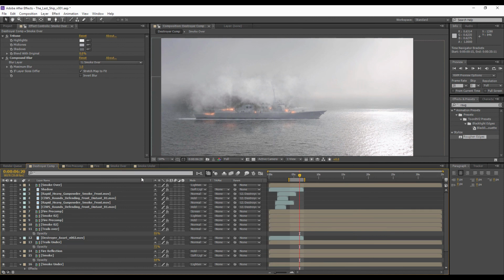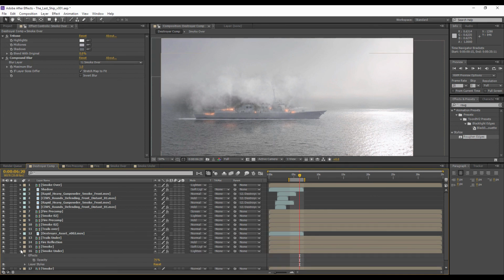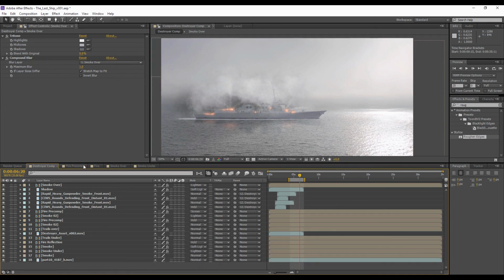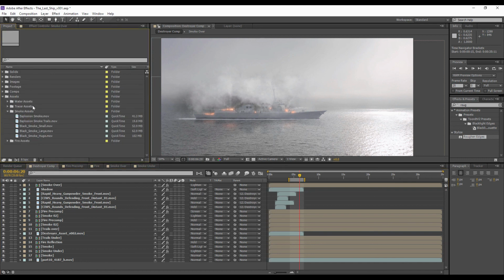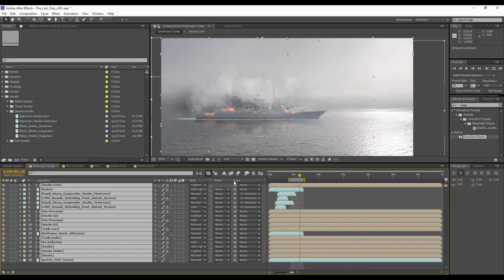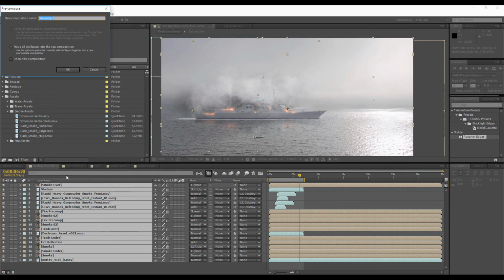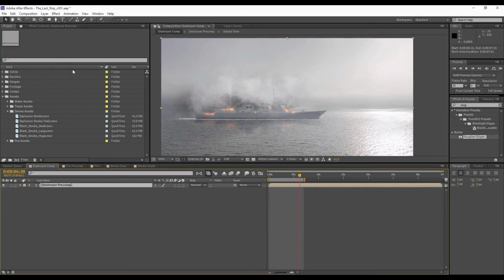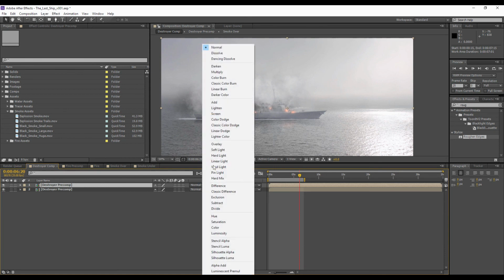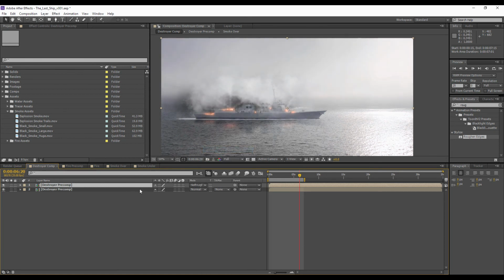I think it would take too long to try and cache this in now since we've got all the effects enabled. So what we'll do is I think I'll just pre-compose everything to one layer, and we'll just add a little bit of color correction to the whole thing. And then we'll render this out. So let's pre-compose. We'll duplicate the layer, choose soft light,